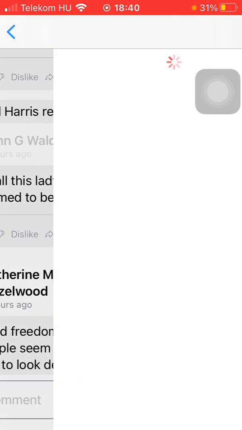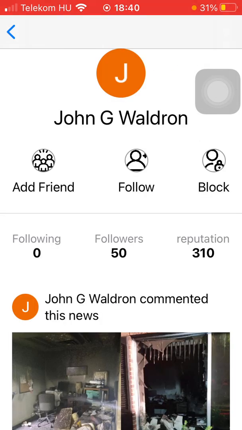So click on that relevant person, and as you can see in the middle of the screen you have three options. You can either add him or her to your friends, follow him or her, or block his or her account. As you can see, if you click on this block icon or option, you are going to block the person,